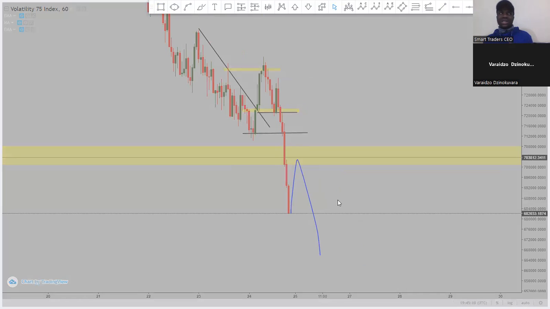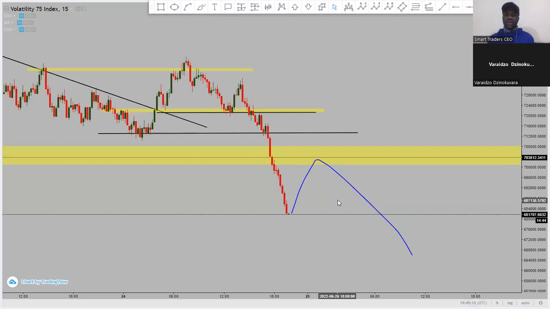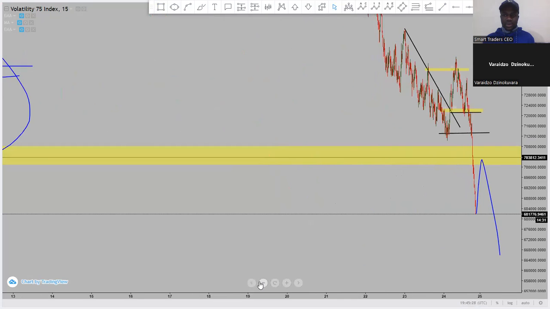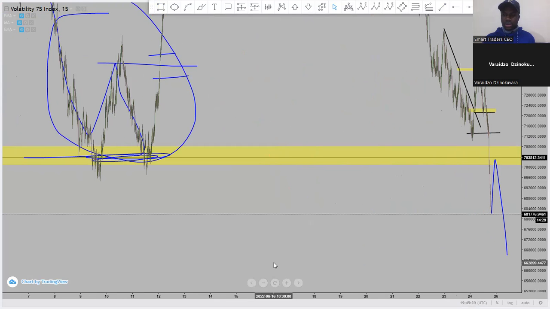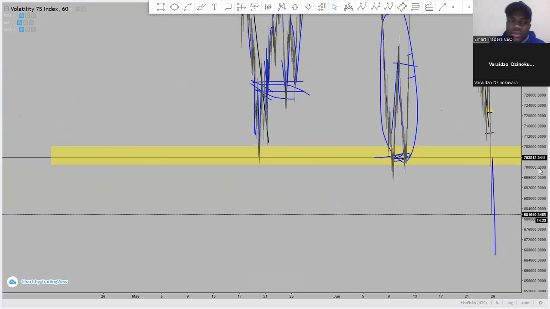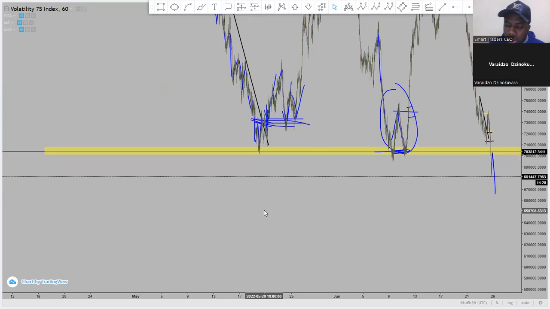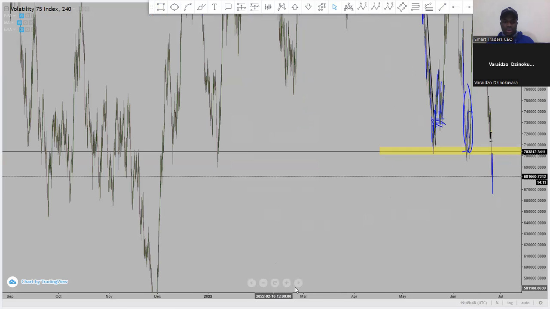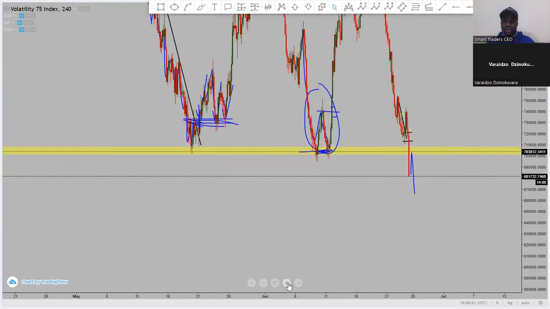That is a target, because once it gets there, some things can happen there. It can actually shoot all the way to the upside if it maintains that trend line. So now I'm simply looking forward to that pullback. That's the current lookout right now. That is what we are currently seeing on the VIX. We are simply waiting for a pullback. Once we get the pullback, we jump in. Yes, so I hope it's clear.